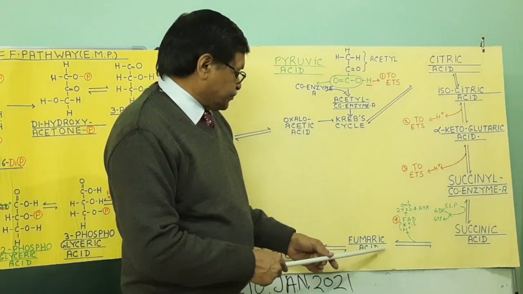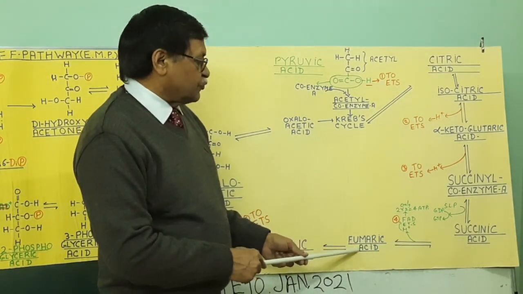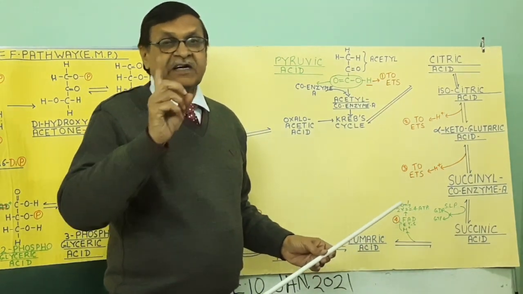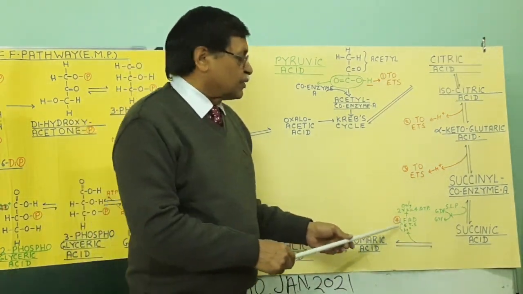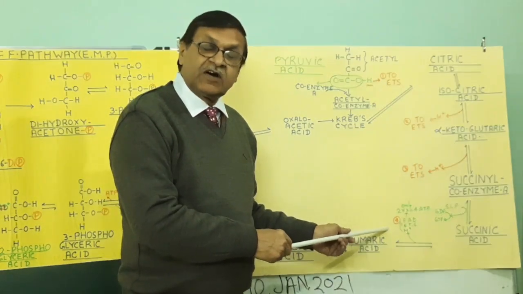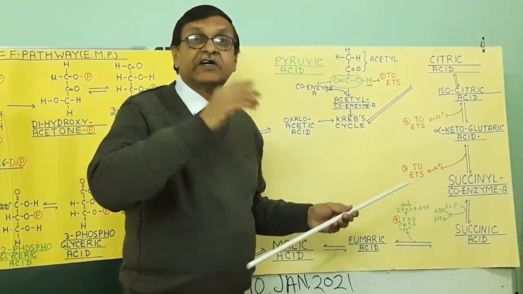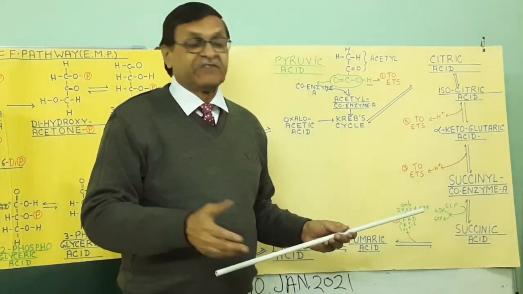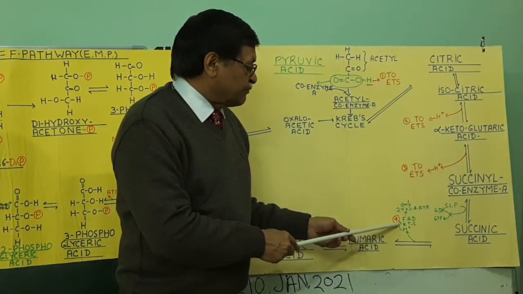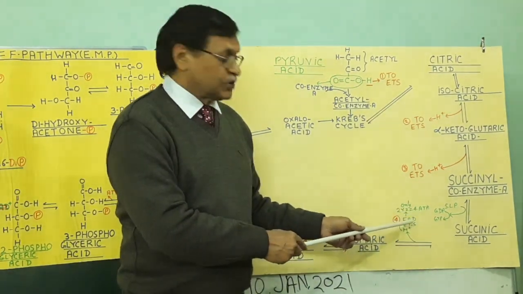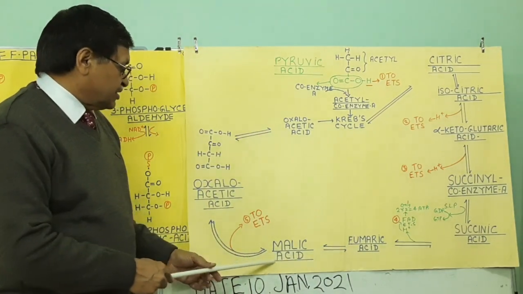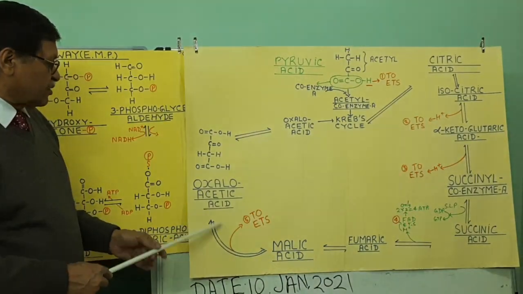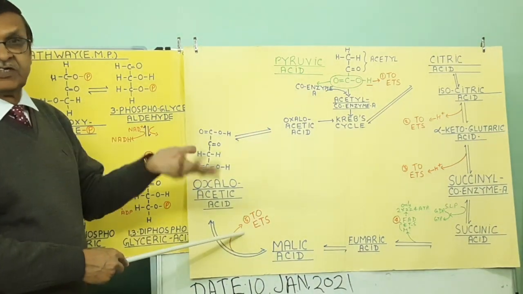And after that, succinic acid is oxidized into fumaric acid. Here also dehydrogenation is taking place, but there is a difference. Here the excited electron of the hydrogen is not taken by the first hydrogen acceptor, but rather the second hydrogen acceptor, FAD. So here it is taken by FAD and only 2 ATP are produced at a time. Then fumaric acid changes to malic acid. Again, the fifth step in between malic acid and oxaloacetic acid, the fifth dehydrogenation takes place.